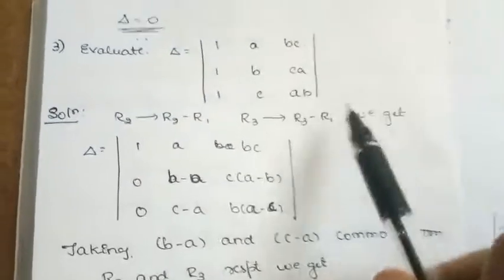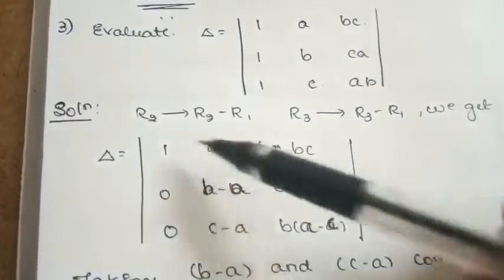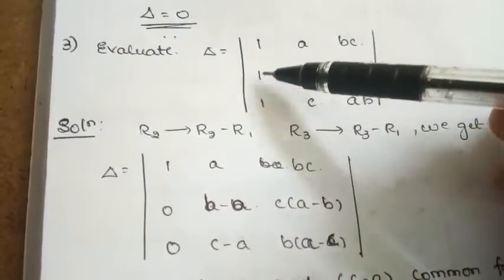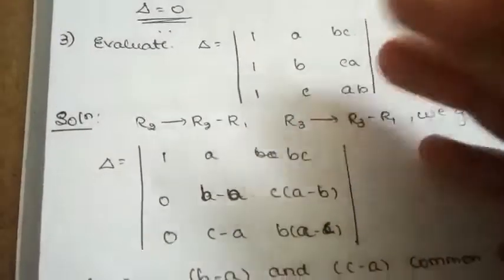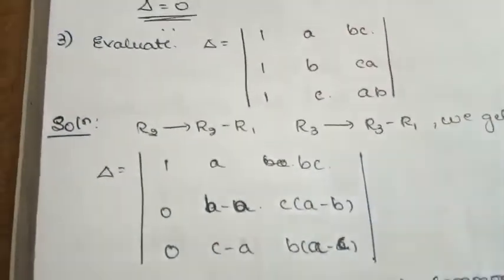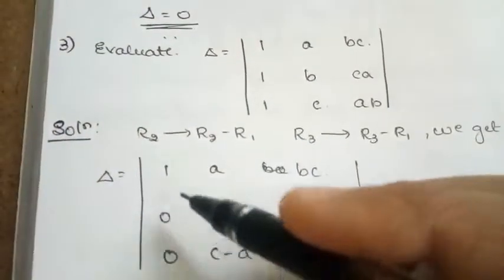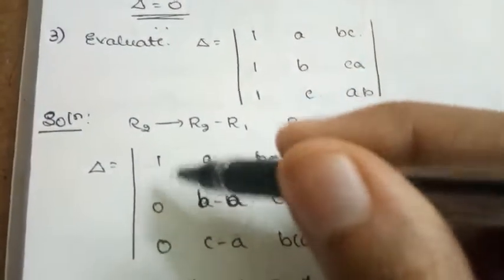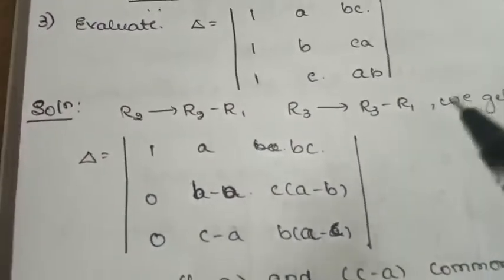So now let us follow with this row operation, that is R2 implies R2 minus R1. So what does it become? The main reason for applying these two operations here is that I am making these two elements equal to 0. Once this becomes 0, as I said, I can expand along row 1 and we get a simple calculation. That is the idea I used here.